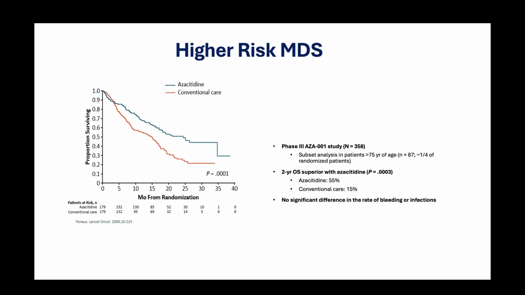The azacitidine is the blue line versus conventional care, which might mean just transfusions, or it could be some other kind of chemotherapy, which did much worse, as you can see by that more sloping line. And then, of course, in 2 years, people who were in the azacitidine group had a 55% survival, so half of those patients were still alive, but those who got conventional care or something else, only 15%. So we can say that these hypomethylating agents are effective, but molecular data has actually helped us out even further in parsing out who might it be more effective in. Now, all patients will generally start with this, because it's like the mainstay of therapy.